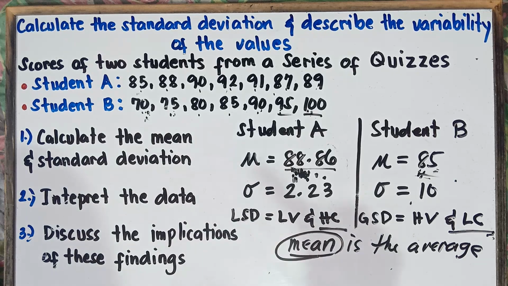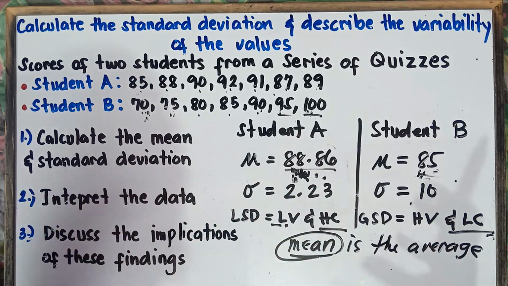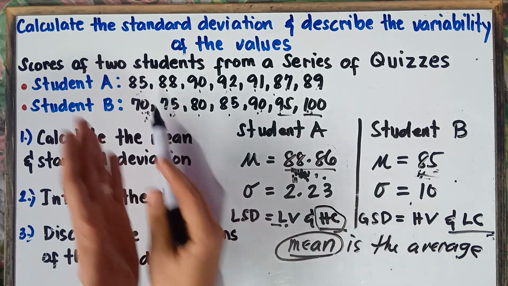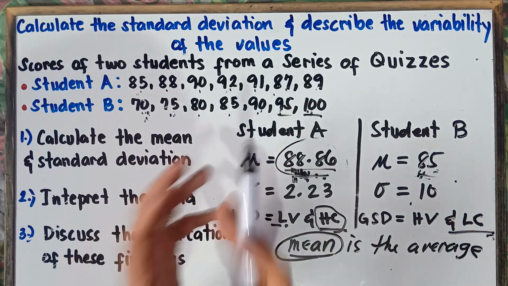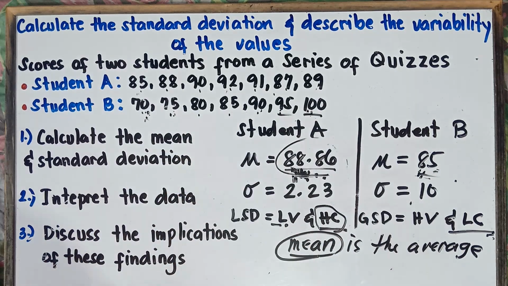That's why, class, we have lower variability, because the points are closer to the mean. Once again, lower variability means the points are near the mean, and you have higher consistency because the scores are near the average score. Therefore, the student performs very well. I hope it's clear for you, class, with regards to lower variability and then higher consistency.